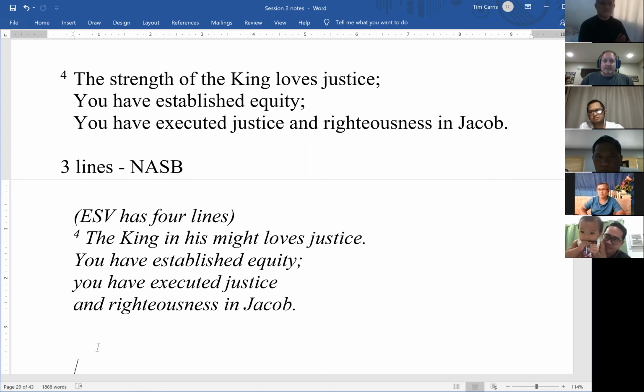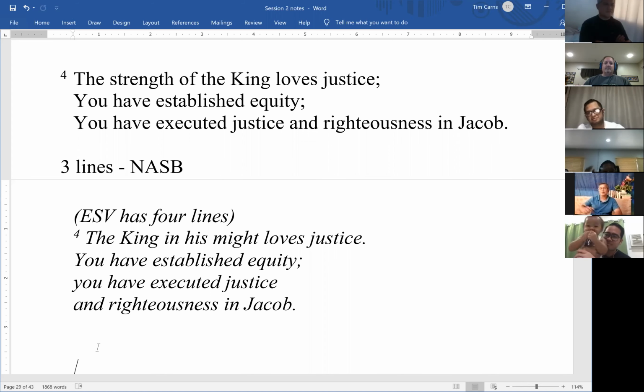But because we're not Hebrew scholars, most of us anyway, I know Kenneth knows Hebrew really well, but he's hiding that fact from us, you're just going to have to trust your translation. For the most part, the translations are accurate here. In this particular verse, when I look back at the Hebrew, and maybe next week I'll show you an example of this with a picture, I believe three lines is the accurate expression here.